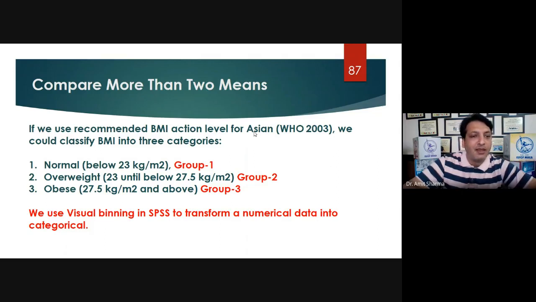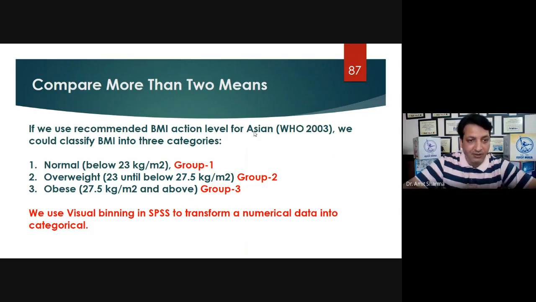So what we have to do is, the data which we have entered in the SPSS software in the form of numbers, we are going to convert in the form of categories. So you have to make the categories of the BMI. Which rule do we have to take? For example, any person having BMI, for example, 18 or 19 to 23, will be taken as group 1. We are going to call this group the normal group.